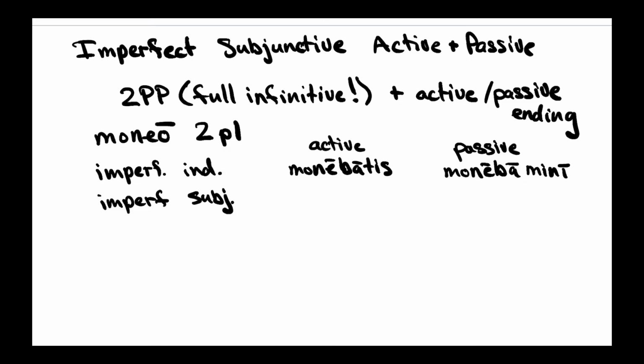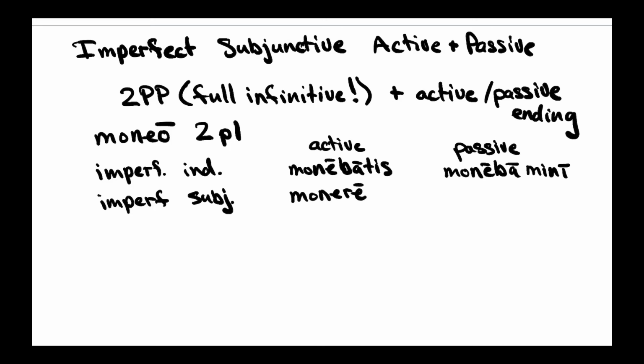This is going to look radically different, whereas previously for the present subjunctive, it was just a matter of a linking vowel. This is going to look radically different. So there is no ba infix, none of that. It's just the infinitive with the ending. So